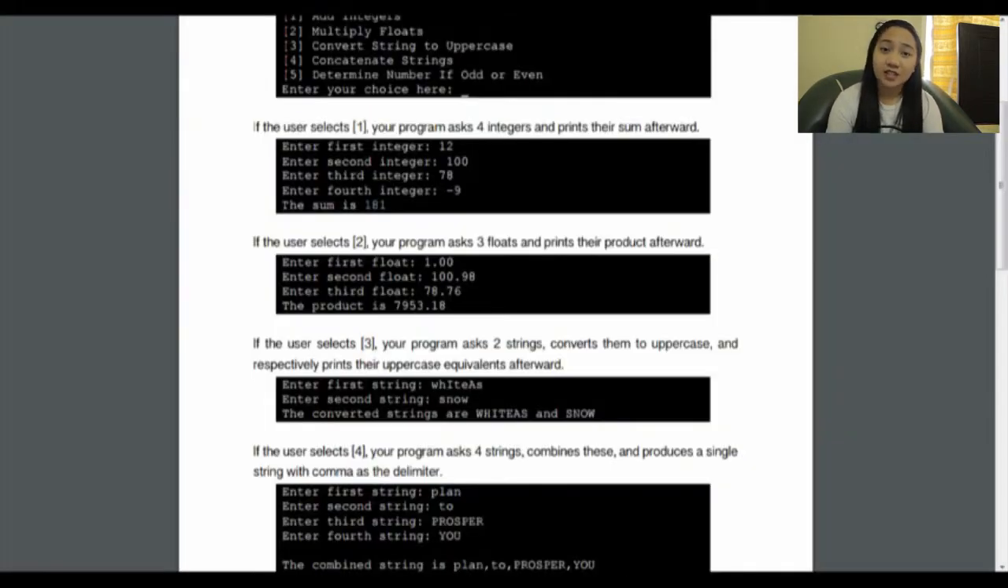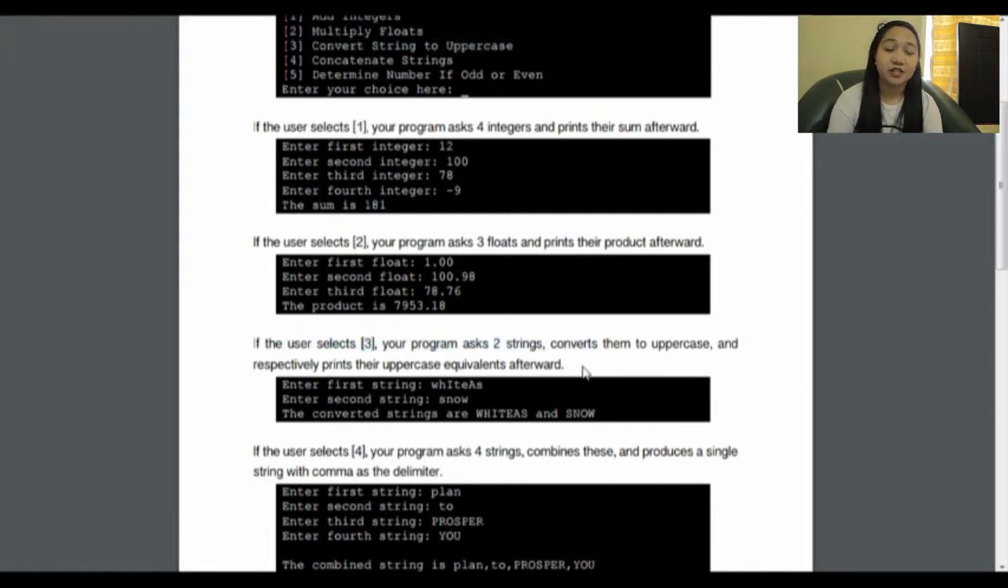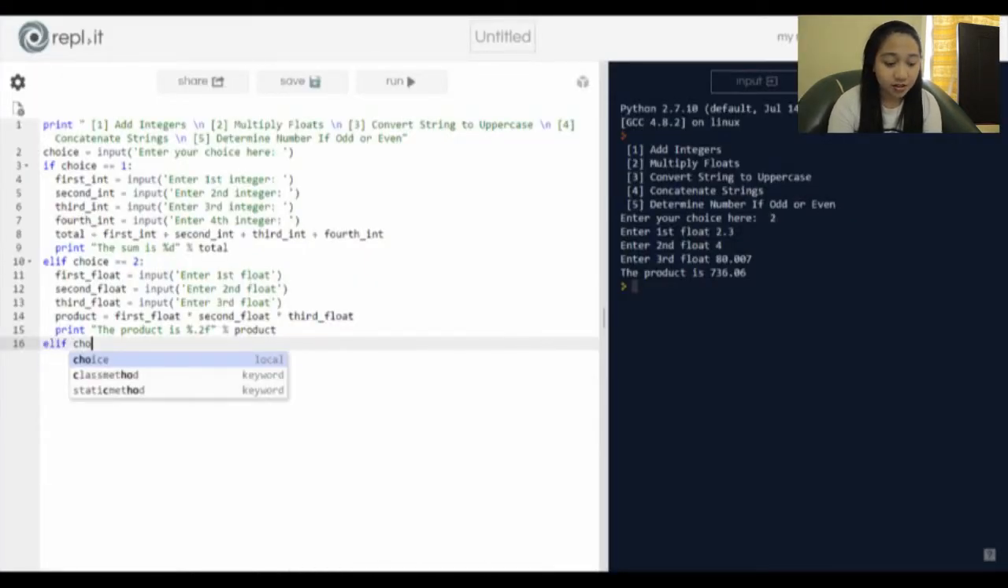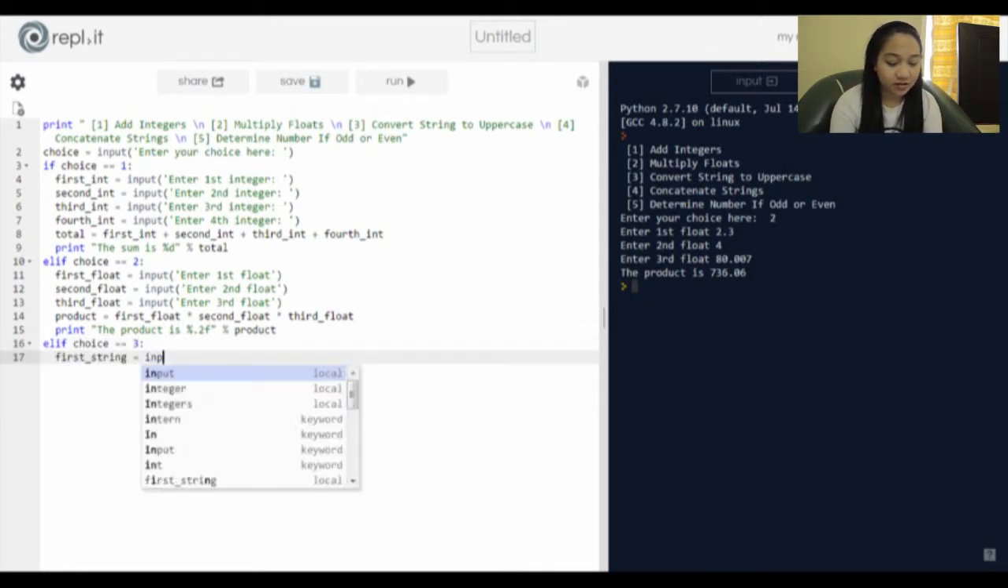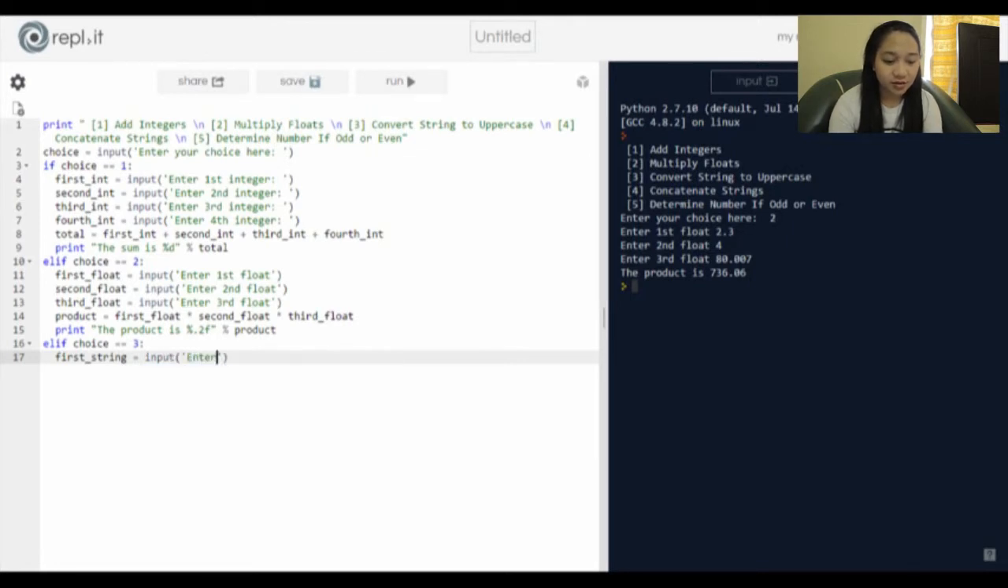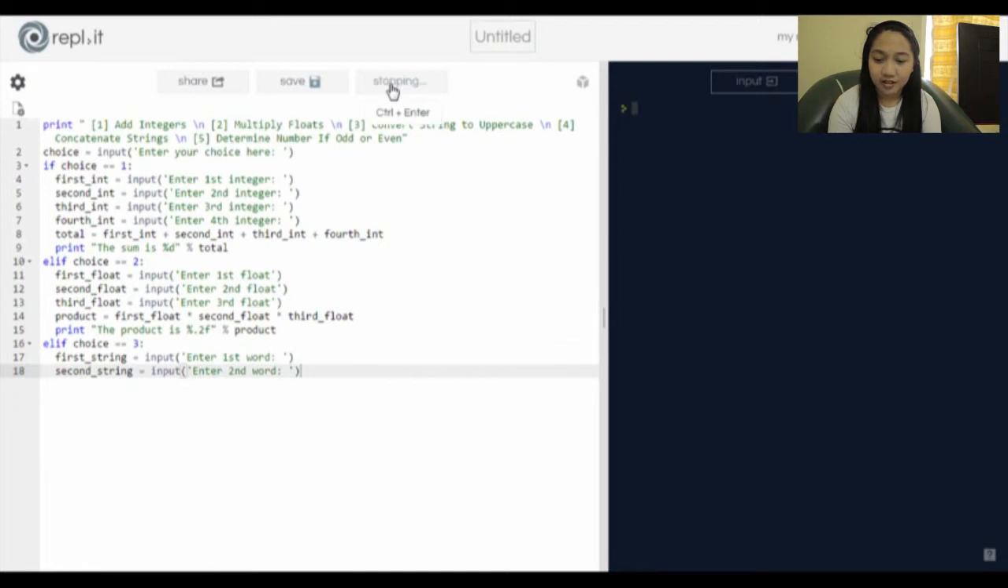For the next instruction, if the user selects number 3, the user will be asked to input 2 words, and then the program will convert these words into all capital letters. So to do that, we're going to put elif choice is equals to 3, then first string equals input, enter first word, second string equals input, enter second word, and select number 3,